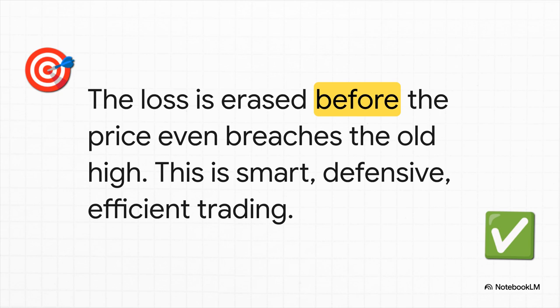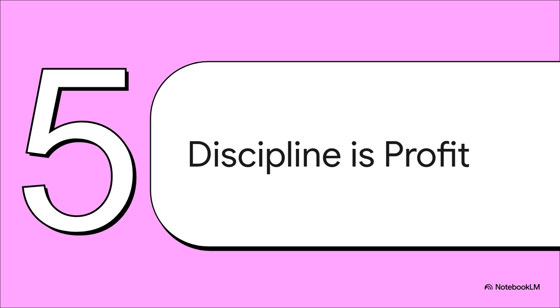And check this out. This is so important. Look at where you got back to even. You didn't even have to wait for the price to break that old high. You erased the entire loss with a much smaller, more realistic price move. Now that is smart, defensive trading. So you did it. You followed the plan, you stayed disciplined, and you clawed your way back to even. Awesome. But now what? Well, now you've got another decision to make, and ICT lays out